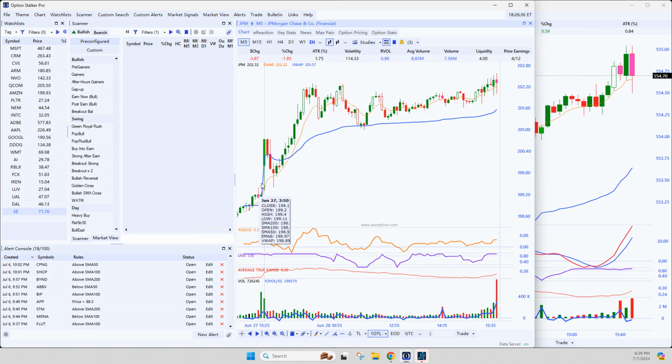But as you can see, JPM gapped up, tested the high of June 27th. Then it rallied up, went through VWAP, and stalled at around the 202.30 level. Had some selling. Ended up testing VWAP, bounced off, and grinded up slowly for the rest of the day. But mainly the big move was from like 9:45 to 10:50. So I got in a little late for the day if it was a day trade basis, but I wasn't day trading this, I was swing trading it. And so I held it